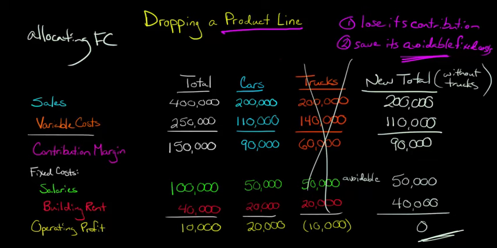So in this case, it would actually be best for the firm. The firm would be optimal to keep the car and the truck division going, even though, based on their cost allocation scheme of this building rent, it looks like the truck division is